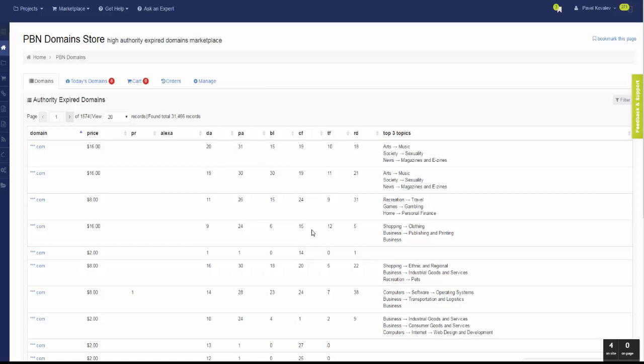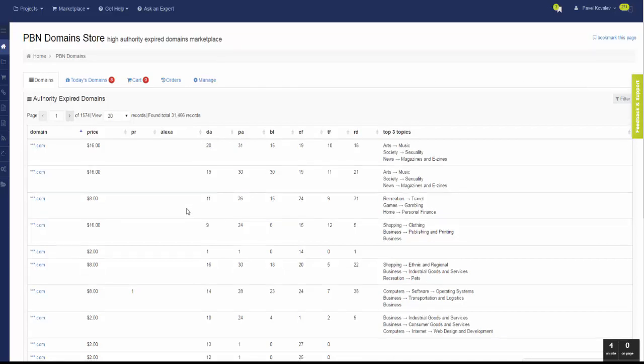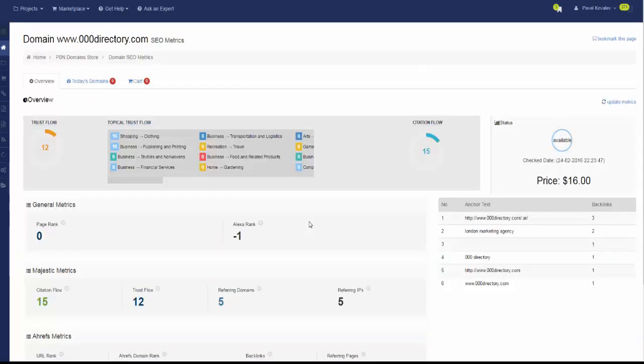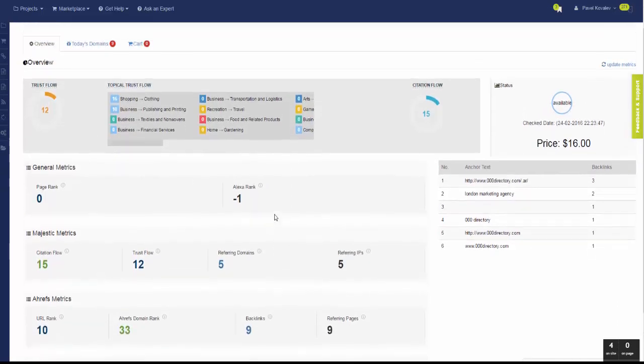domain metrics. So we're in the process of researching domains, and once you have thousands of domains available for research, you can click on every domain and see the metrics. You can see topical flow. So it will tell you what kind of domain it was, so you can select more or less similar to the niche you are